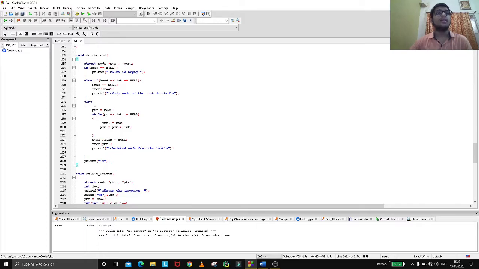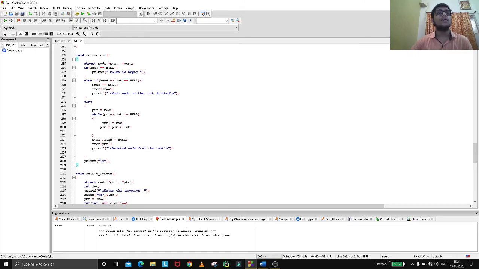Otherwise, ptr will be equal to head, and while ptr of link is not equal to null, it will store in another variable, that is ptr1 equal to ptr. Also ptr equal to ptr of link, so basically the previous address will be stored in ptr1. Now ptr1 of link equal to null, free ptr.